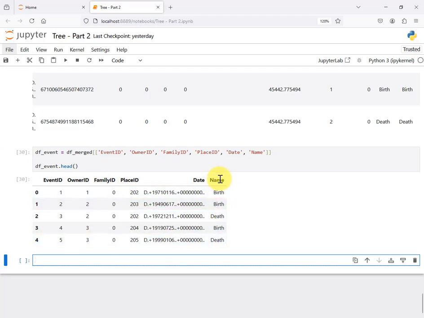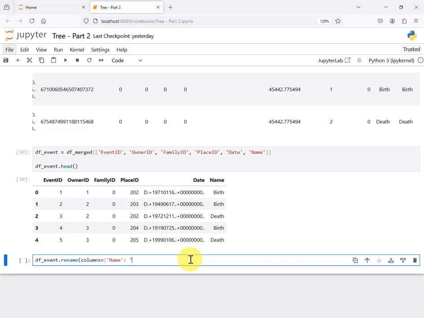I don't like that column name because it's telling me that I am the name of your fact type, but now that I've pulled it into the df event, it's kind of lost its meaning, and I don't want to confuse it with the name of the person. So I'm going to rename that column. df_event.rename(columns={'name'